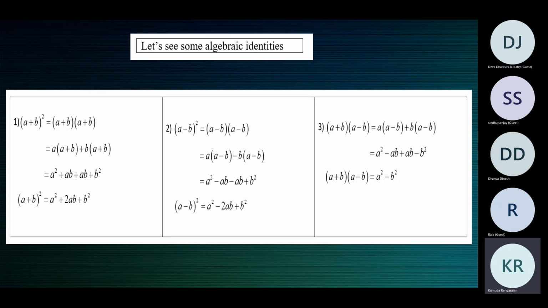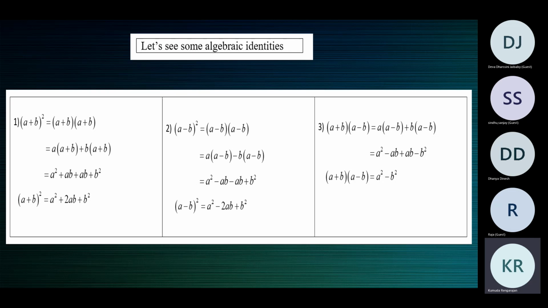Now in the right hand side also, when you take A is 1 and B is 2, you should get the same value 9. So what is A square? 1 square. 1 square is 1. Please work the RHS using A as 1 and B as 2, children. You must get 9 for both the LHS and RHS.